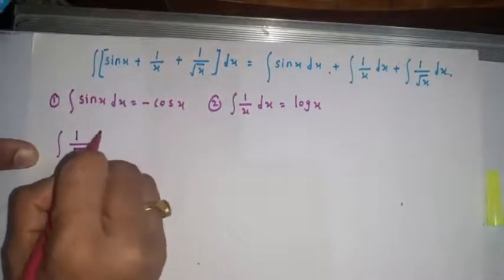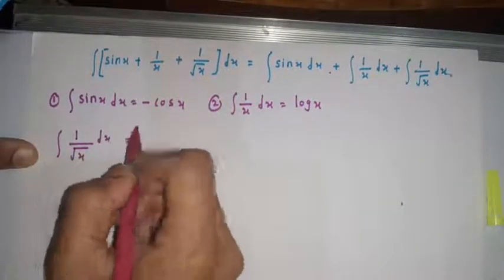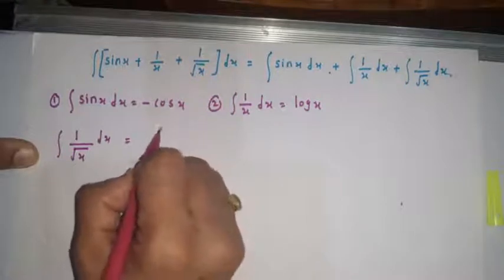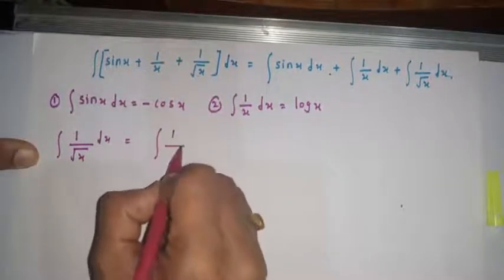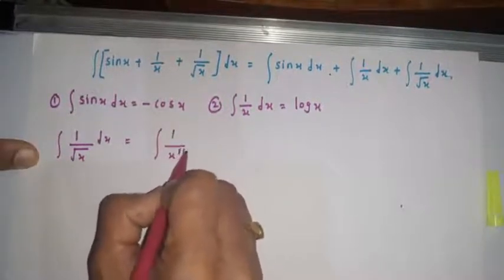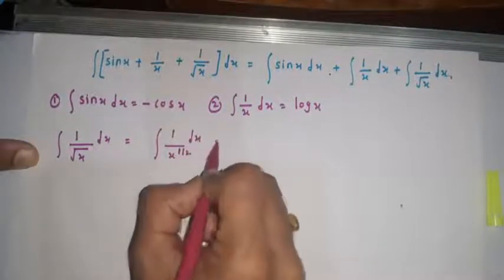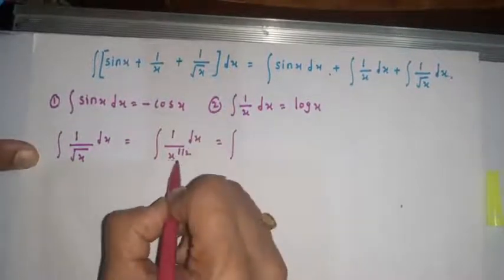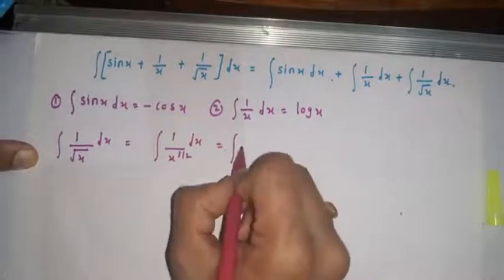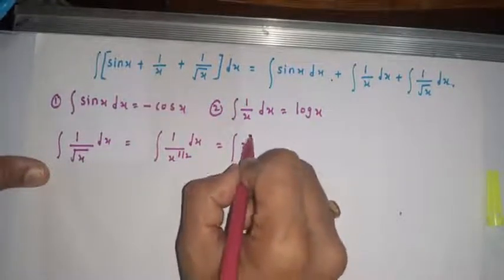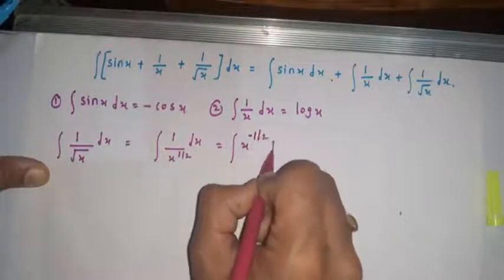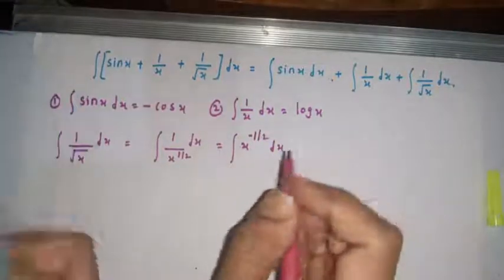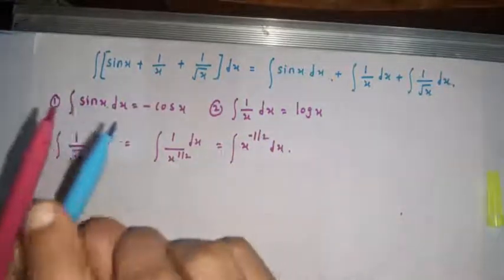Integration of 1 upon root x with respect to x. Okay students, this 1 upon root x means 1 upon x raised to half with respect to x. We can shift the term to the numerator. We will get x raised to minus half with respect to x. And now by using the x raised to n formula,